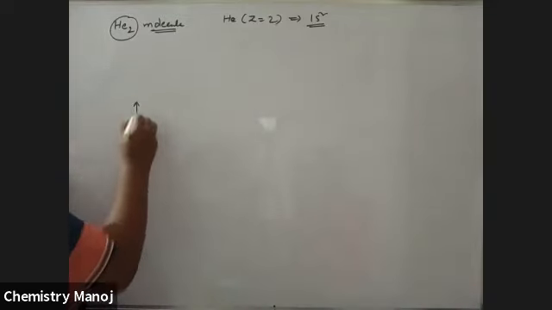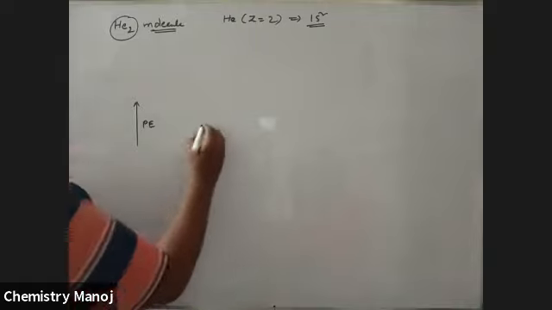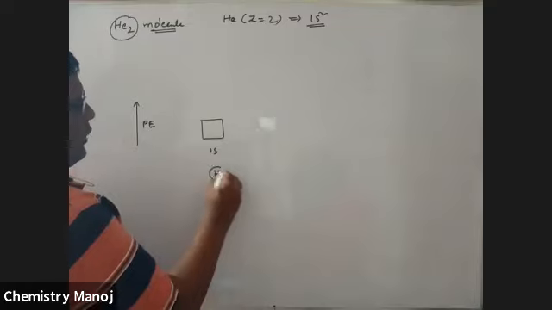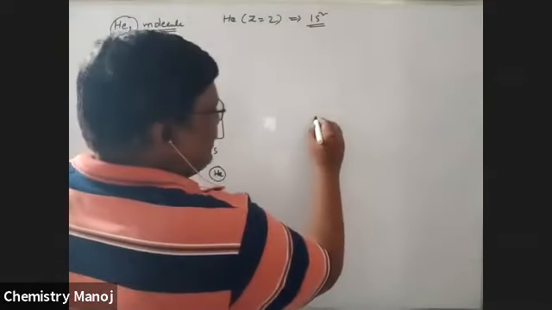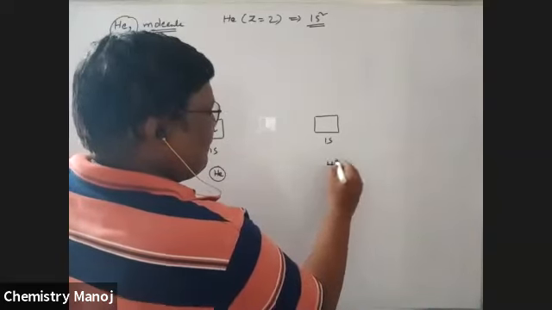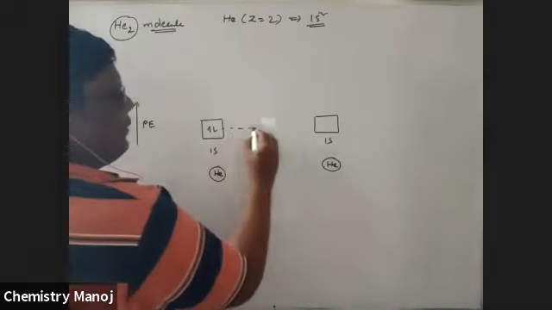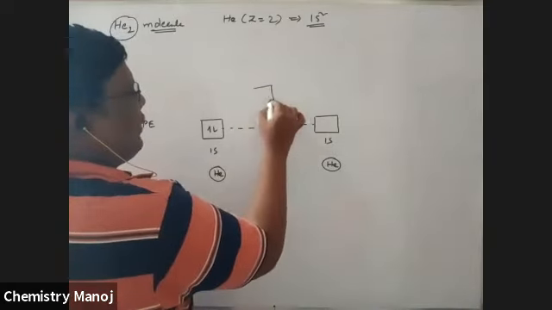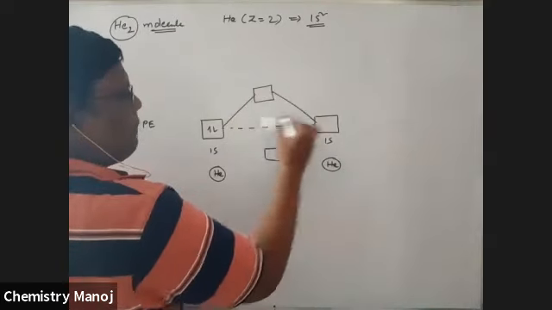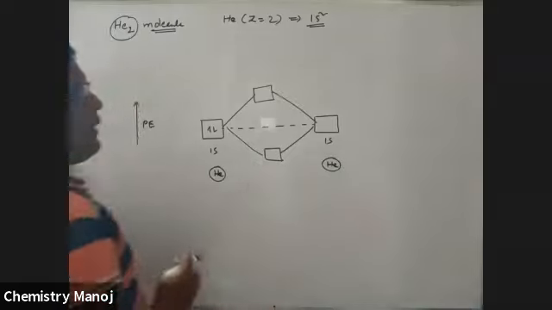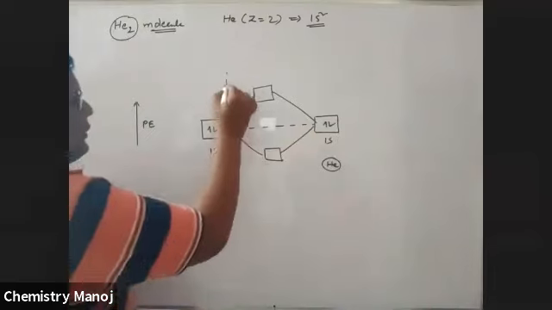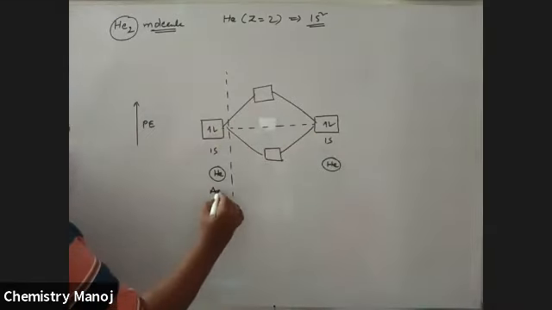This is the energy increasing order, my dear boys. Potential energy. This is the 1s orbital of helium having 2 electrons. This is also the 1s orbital of helium having 2 electrons. So these two combine with each other and form one orbital having more energy and one orbital having less energy. It is the simplest diagram. So 1s2, 1s2. This is the helium atomic orbital.